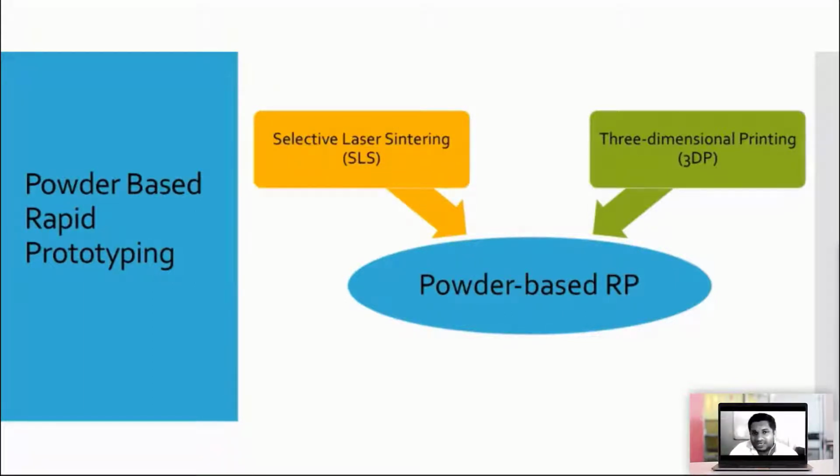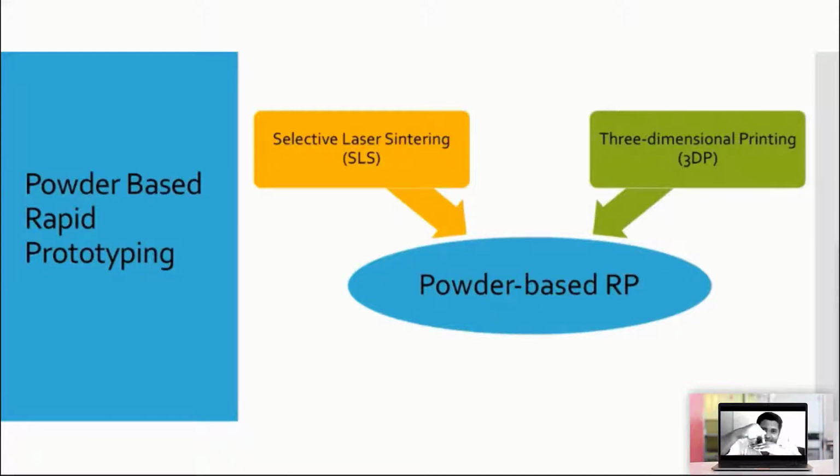In sintering in powder metallurgy, we had a furnace, and we put our product inside, and that furnace heats the material so that a bond is formed at the atomic level. However, in selective laser sintering, heat is applied only to selected areas of the powder.